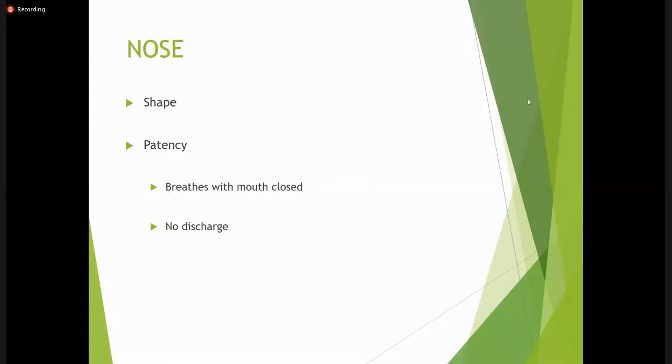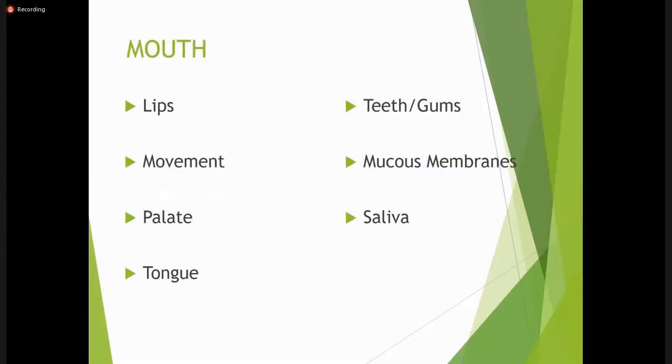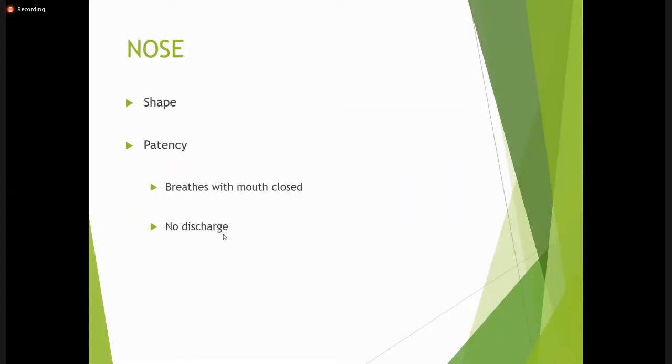Then the shape of the nose and the patency of the nose. You have to see whether the child breathes with the mouth closed and whether there is any discharge. For the patency of the nose, you can use a test in which you keep a metal spatula over the nose, beneath the nostrils, and you can see the formation of mist on the two sides of the nostrils. And if the mist formation is there on both sides, then